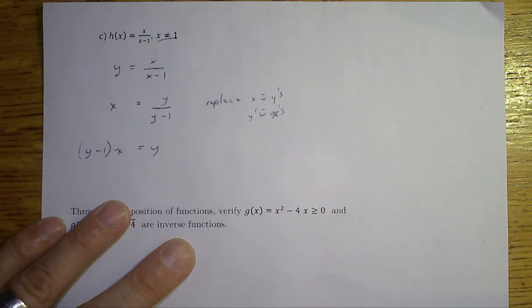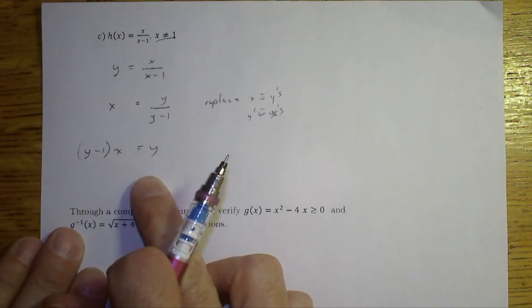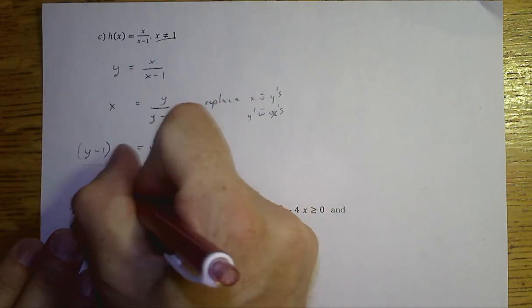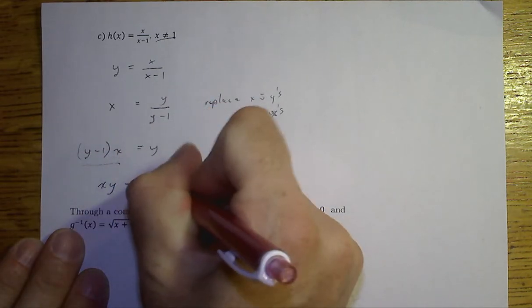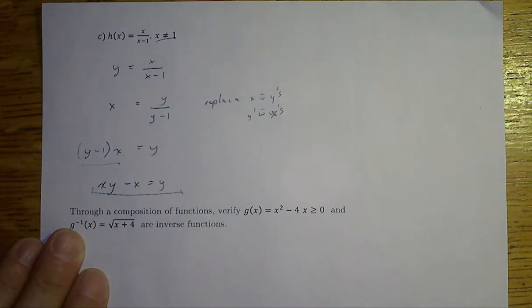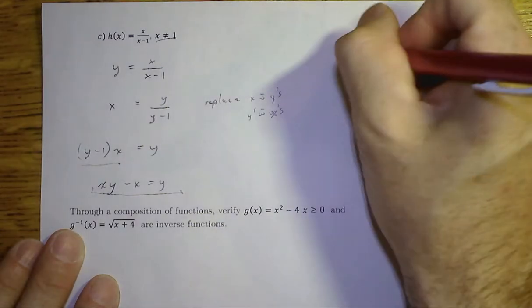One way to keep equality in the equation is what you do to one side, you do to the other side. The next thing I'm going to do is multiply out this expression. So this turns into xy minus x is equal to y. Now, if you were able to do this, you're a superhero. How do we isolate for y? Wow, there's two y's. That's what makes this so complicated. The key is to